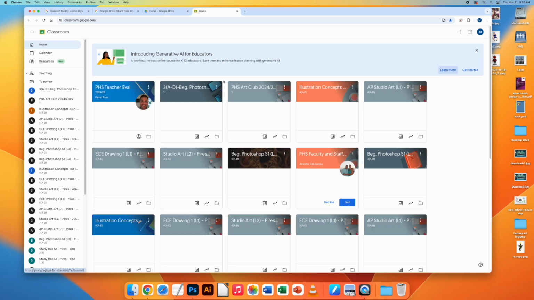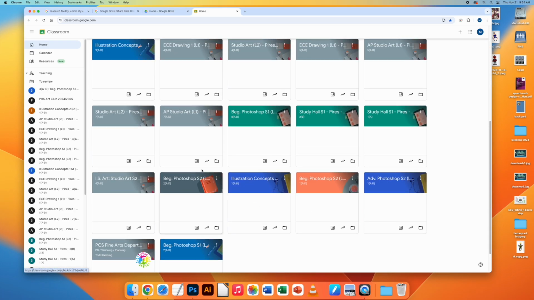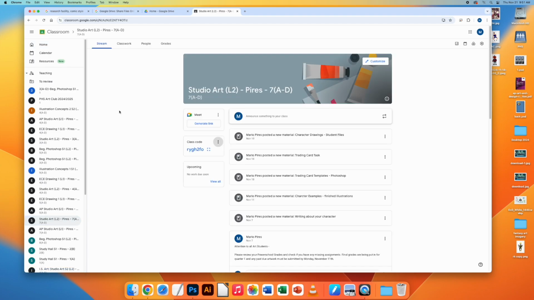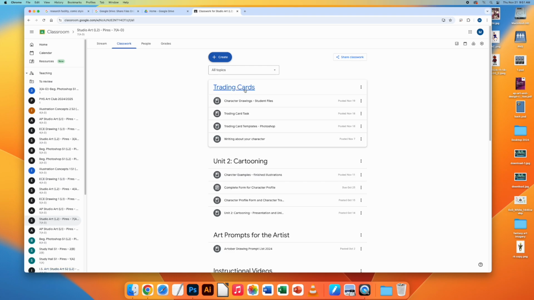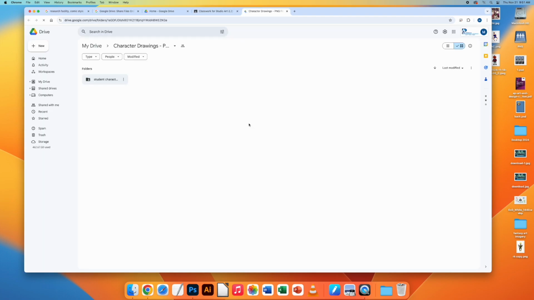and go to our class page. What we're going to do right now is we're going to download some templates and the picture that I scanned for you. Go to your classwork section, and under trading cards, you're going to find character drawings, student files. Click on that and double click on the Drive folder. You'll have a folder here that will have a subfolder of your class. Click on your class,